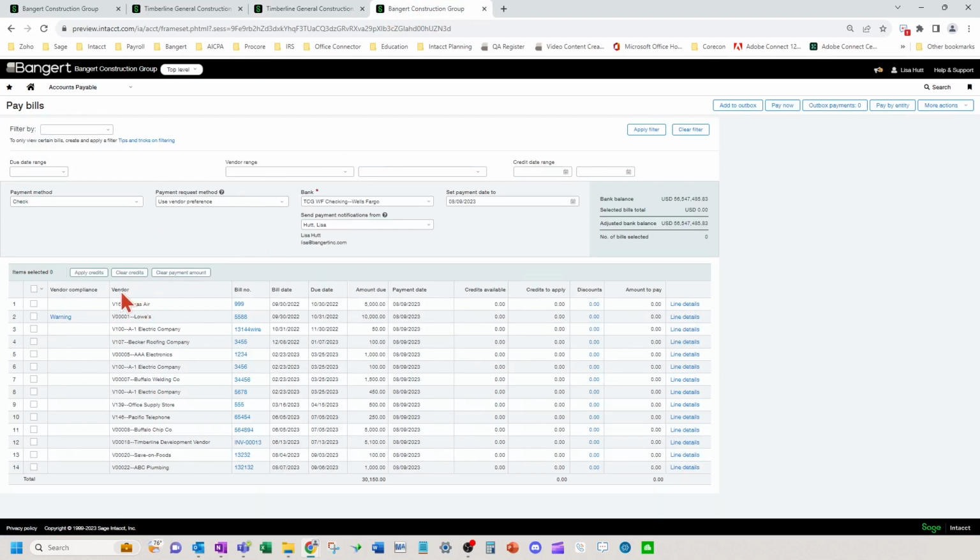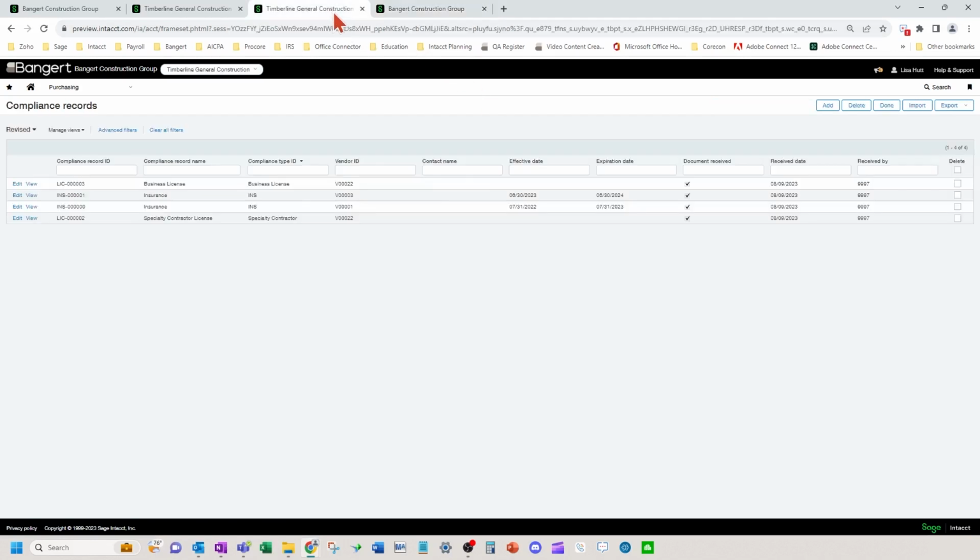So if I sort by vendor, if I looked at all the vendors in here for Lowe's, it's going to have the warning next to that each time. Okay. So you still can get through it. You still can pay it, but it's going to give you a warning over here. If it said error, then it will not let you process through. That will stop you from paying.